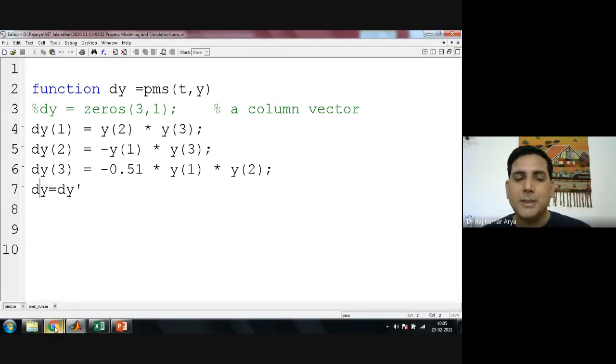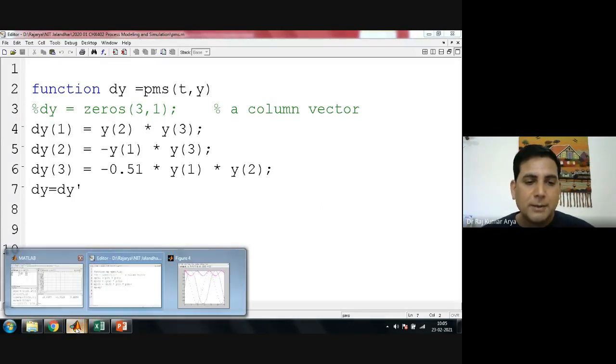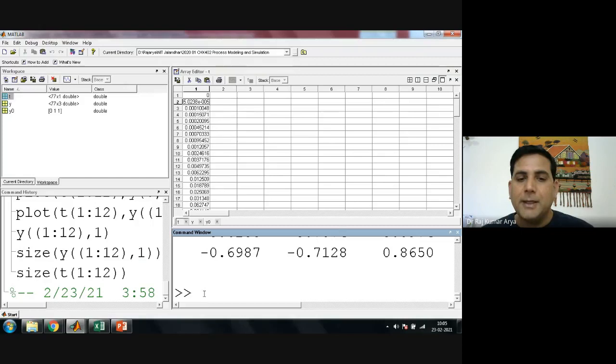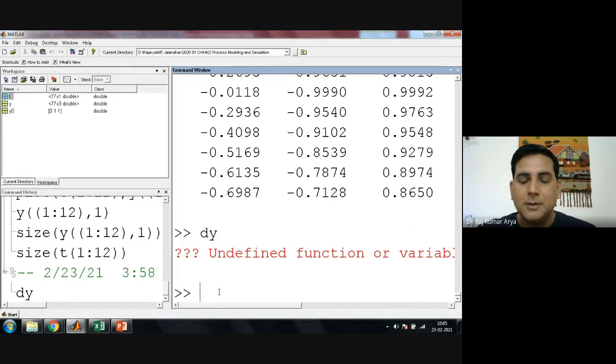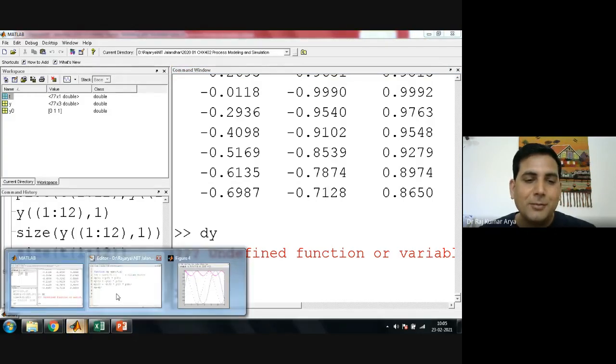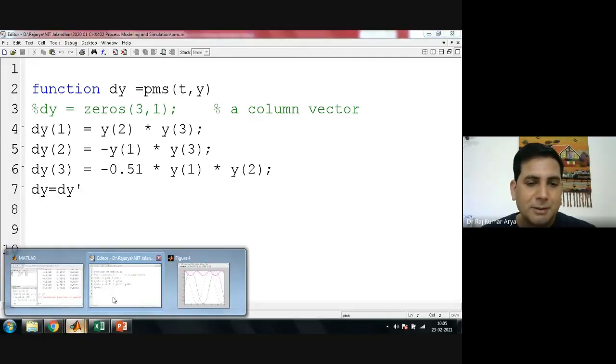So if you write here in the command window, you will come to know what is there. If you write just dy, it is not coming here, so you don't know what dy is. That will come from here itself. I hope it might have shown you dy. dy must have appeared in the program somewhere. Just see here.